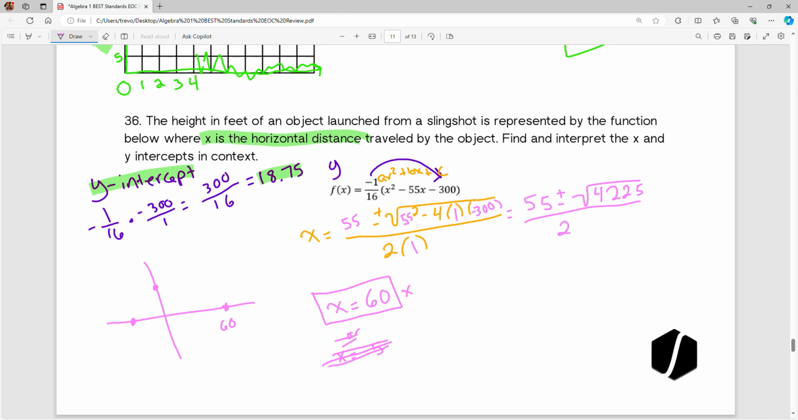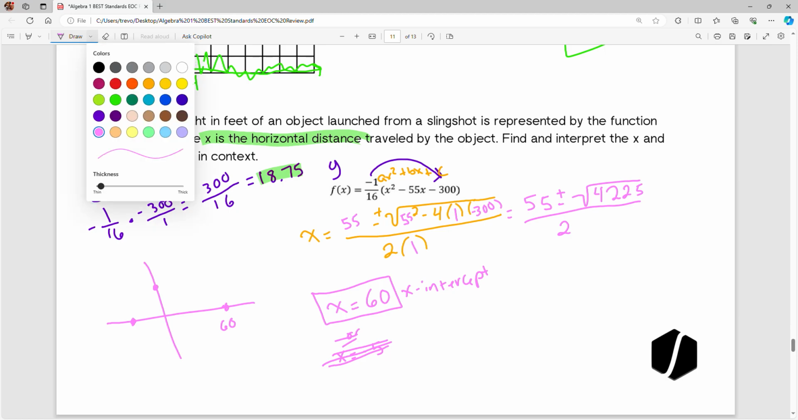Find and interpret the x and y intercepts in context. So we did it, we made it make sense. And for more practice on this standard in IXL,